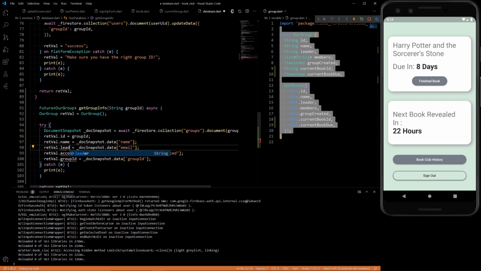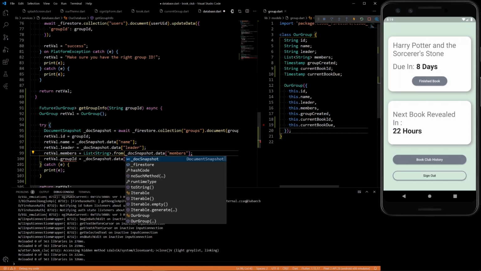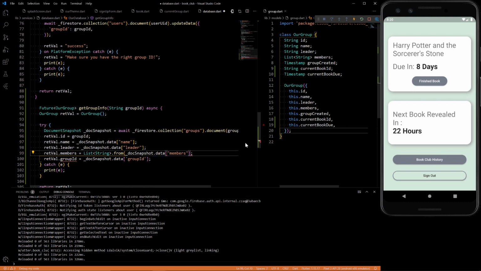The leader will be stored as leader. Then we'll have members, and the members is actually a little trickier. The members list that returns from Firebase is of type dynamic, so you'll see a problem if you're trying to retrieve it like this. But there's a way to convert the dynamic list to a string list, and you do that by List<String>.from(this). And that should give you a list of strings. So pretty simple. Then you'll have group created,